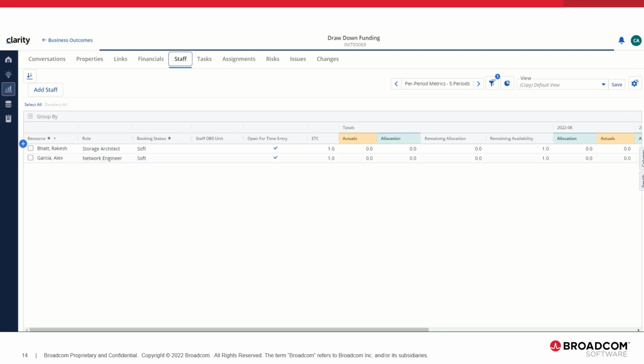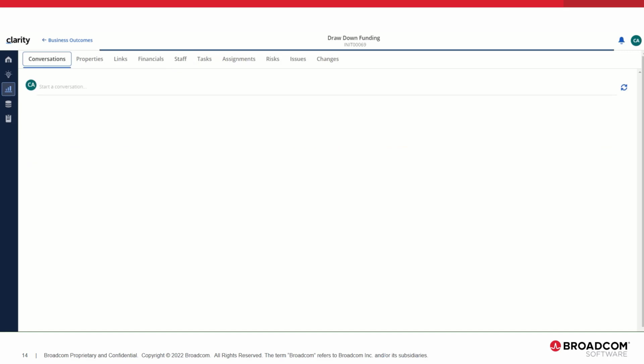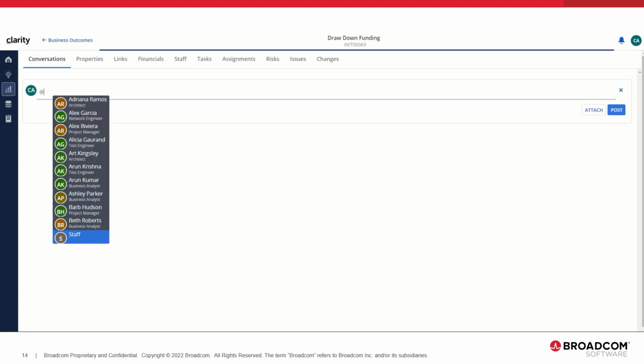There are two resources associated to this custom investment, namely Alex Garcia and Rakesh Bhatt. Let us go back to conversations, and Cheryl would like to send a message to team using @staff.